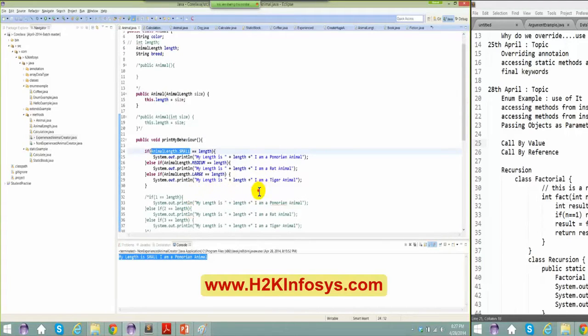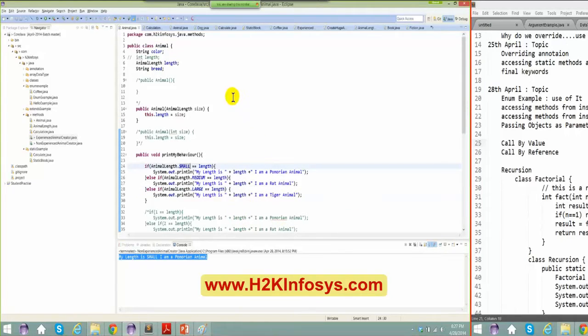If it is small, print this. If it is medium, print this. If it is large, print this. Now, you don't have to say anything like dot get value because you are directly taking the length as a particular data type. But coming on to your question, to clarify a question here,